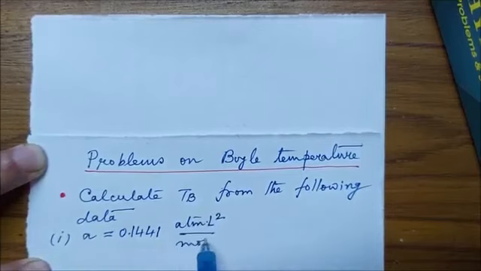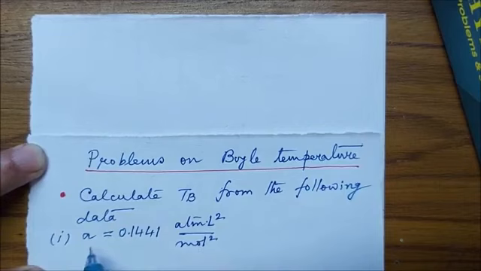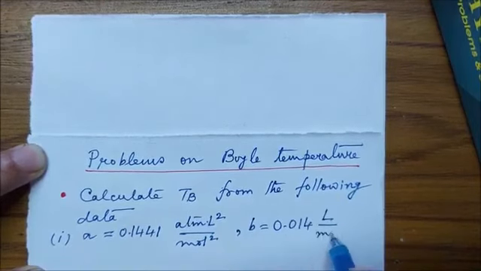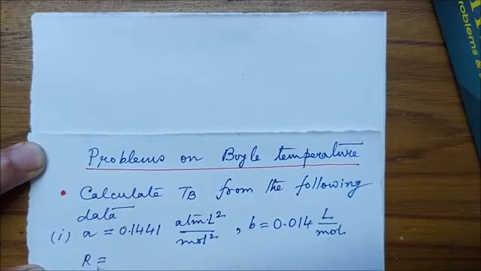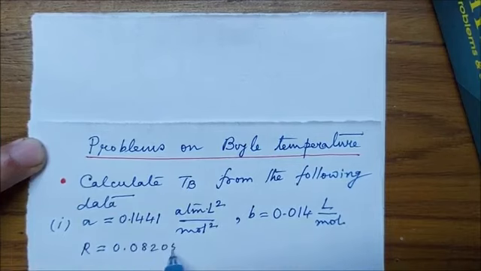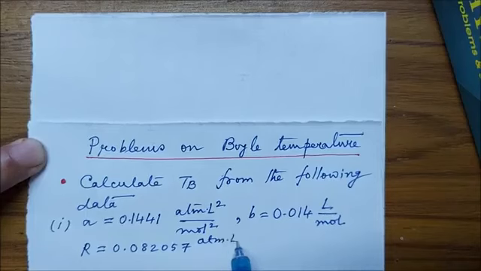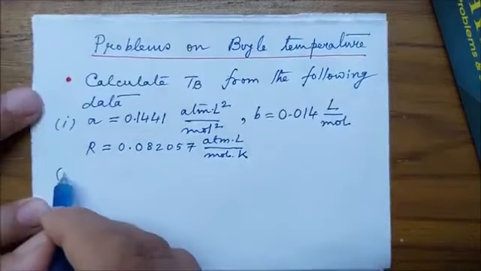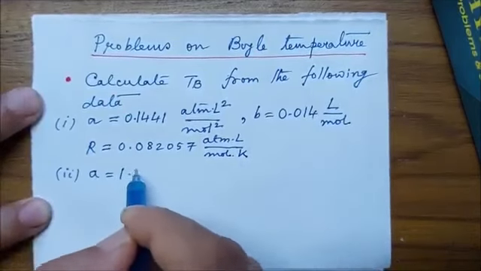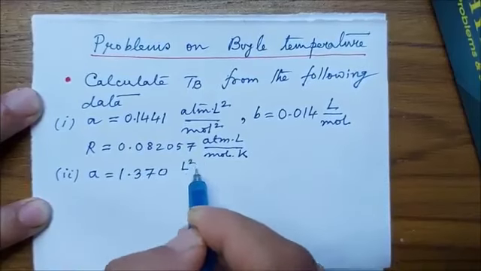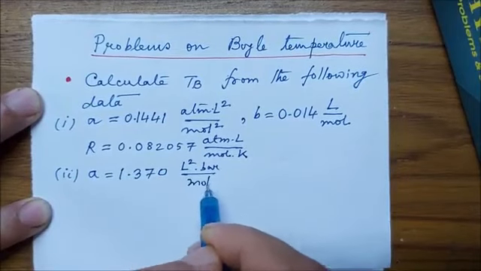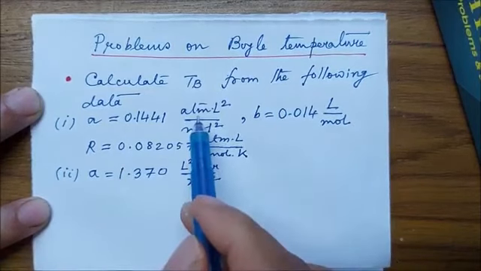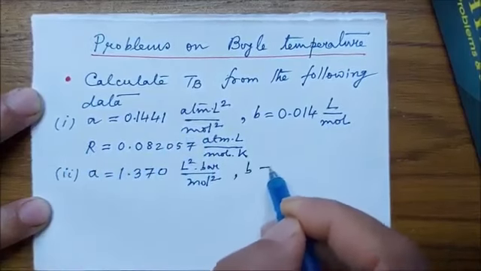Atmosphere, liter square, mole square, which is the unit of the Vander Waals constant A, this is B, and R is given to be. And another set of data is given according to which the value of A is. So here we have bar, which is the unit of pressure, as against atmosphere, which we had in the first problem. The value of B is given as